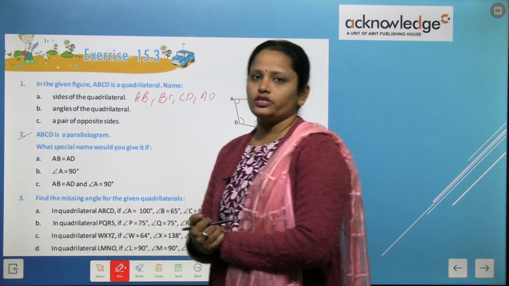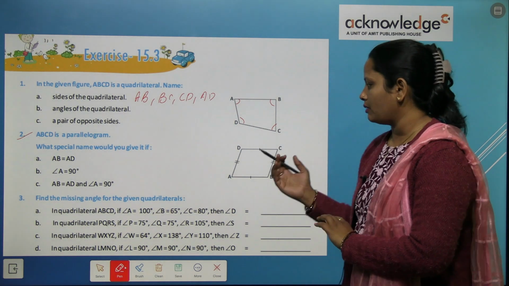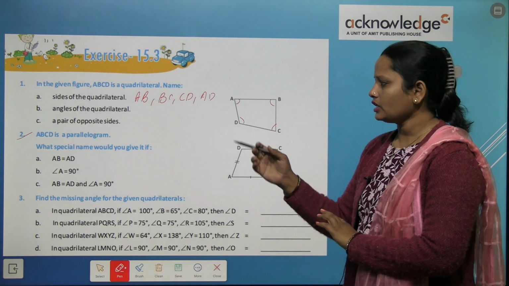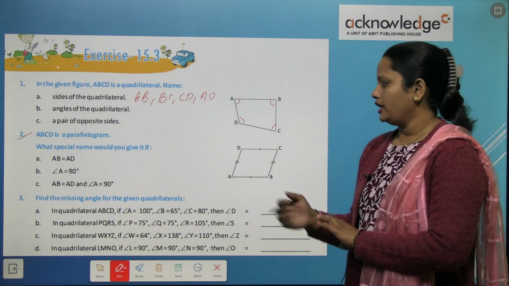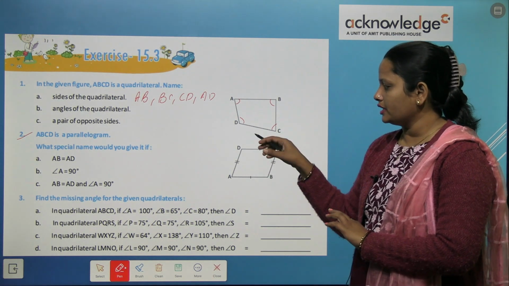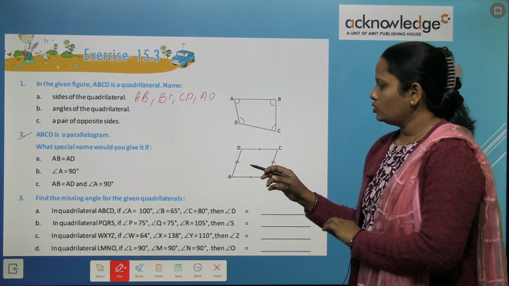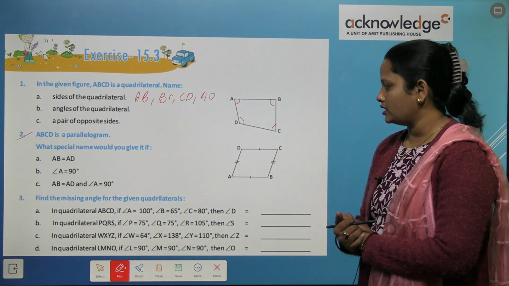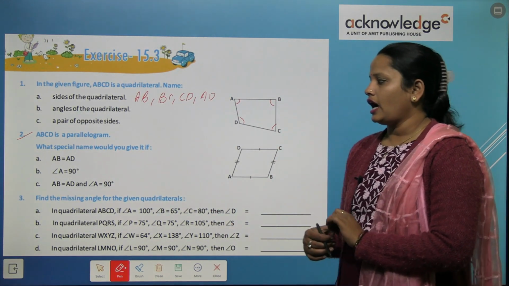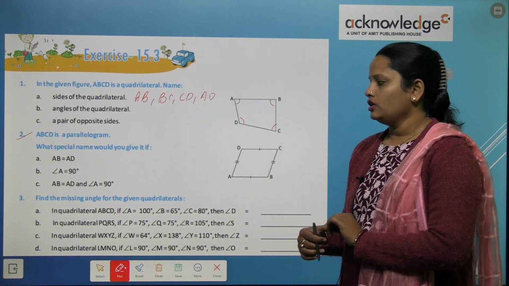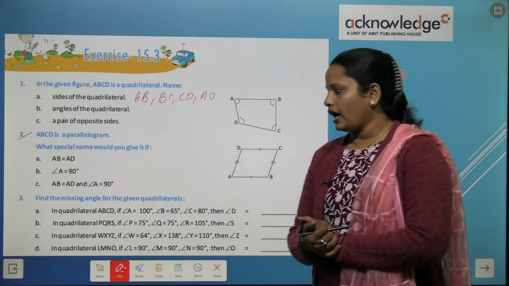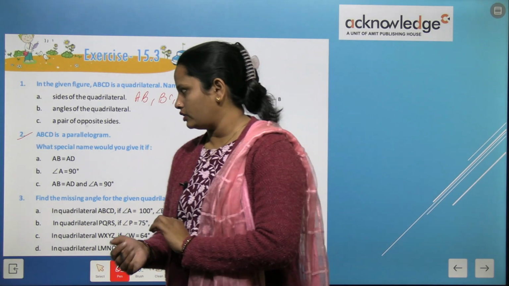Now here question number 2: ABCD is a parallelogram. यहाँ पे एक parallelogram है आपके सामने. What special name would you give if AB is equal to AD? AB जो है AD के इक्वल है, मीन्स ये लाइन अगर 4 सेंटीमीटर है तो ये लाइन भी 4 सेंटीमीटर है। दूसरा है angle A is equal to 90 degrees, angle A जो है 90 डिग्री का है। So AB and AD and angle A, यहाँ पे AB और AD दोनों एक दूसरे के इक्वल हैं, और angle A अगर 90 डिग्री है तो